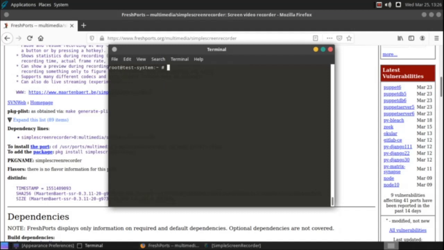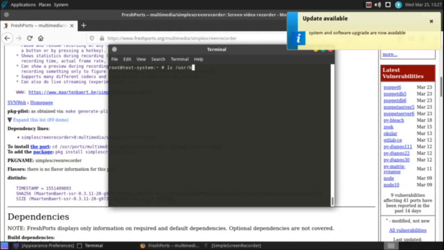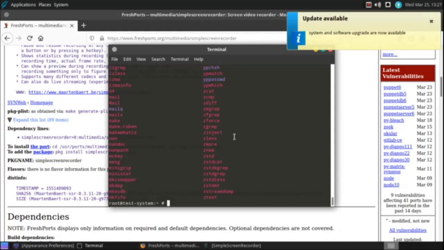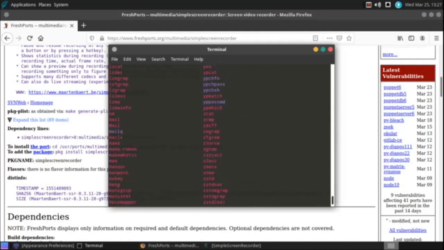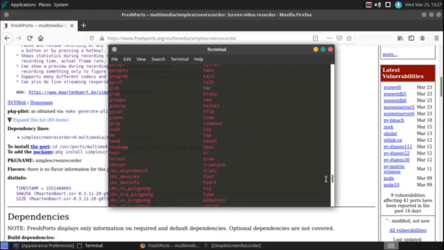Yeah, okay, so I'm pretty sure that that's the case. Let's go take a look at usr/bin. And it's yelling at me, telling me there's updates available now. Okay. Maybe the, okay, so that's your different applications that are